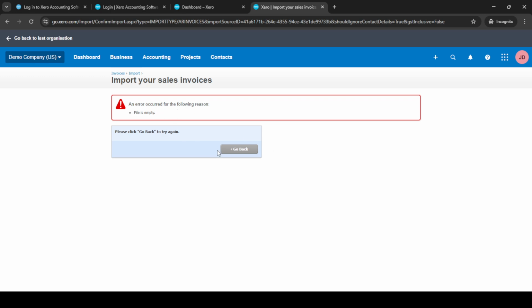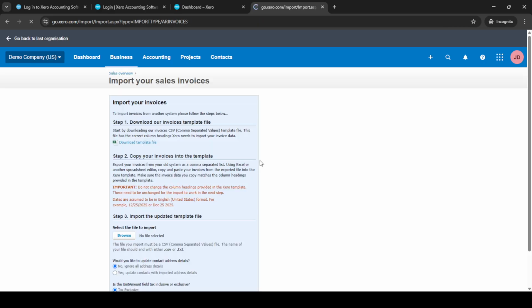And there you have it. In just a few steps, you've successfully bulk imported your invoices into Xero. This process not only makes your accounting tasks easier, but also ensures accuracy and efficiency in handling your